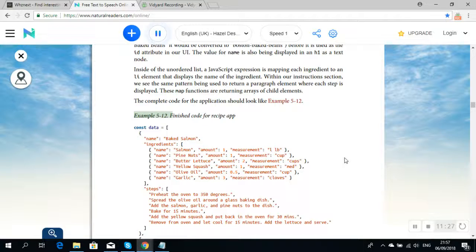Example 5-12. Final code for recipe app. const data = [{name: "Baked Salmon", ingredients: [{name: "Salmon", amount: 1, measurement: "1/2 pound"}, {name: "Pine Nuts", amount: 1, measurement: "cup"}, {name: "Butter Lettuce", amount: 2, measurement: "cups"}, {name: "Yellow Squash", amount: 1, measurement: "med"}, {name: "Olive Oil", amount: 0.5, measurement: "cup"}, {name: "Garlic", amount: 3, measurement: "cloves"}],